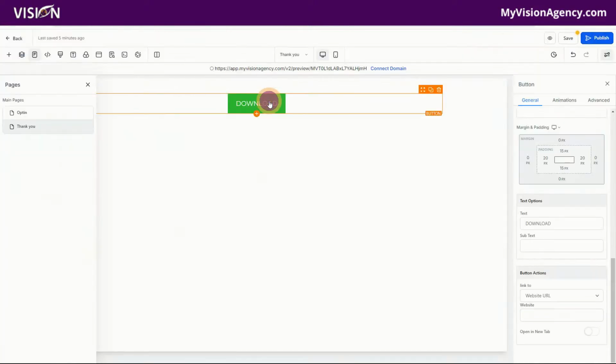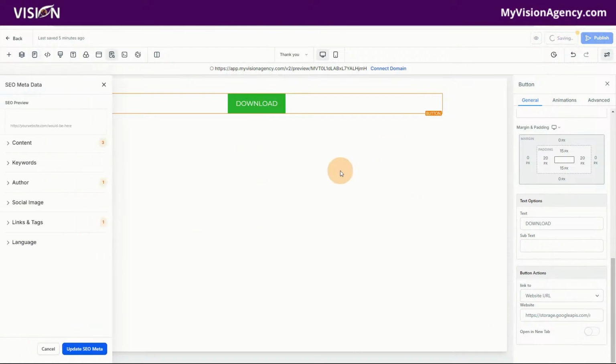And then let's go back. Now we have our download, and we have our link that we can paste here. You could choose to open in a new window, but I prefer not to do that. You just open it in the same tab, and when it clicks, the page will stay there, but it'll actually download. Okay, so that's what we want. Let's go ahead and save there. So we could immediately give this to them, but I actually prefer, instead of adding the button here,